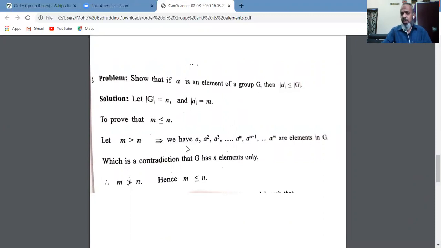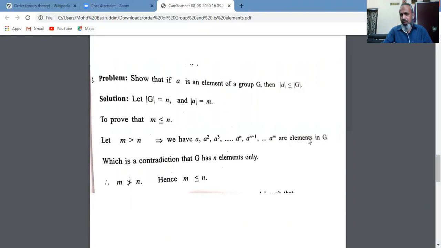If m should not be greater than n, then m should be less than or equal to n. This is the way of proving this theorem. To prove m is less than or equal to n, we assume our hypothesis: let m be greater than n. Then we have a, a square, a cube, ..., a to the power n, a to the power n plus 1, ..., a to the power m